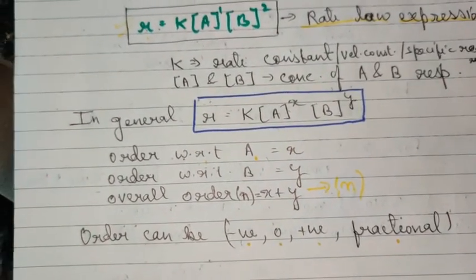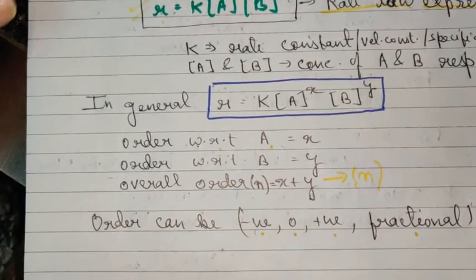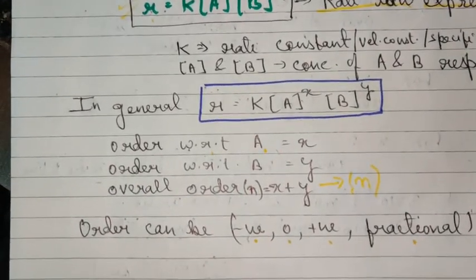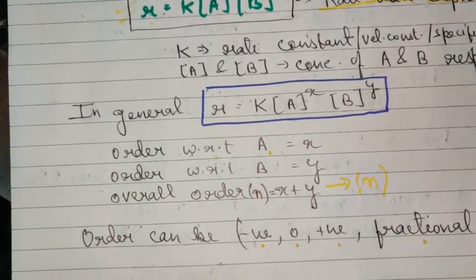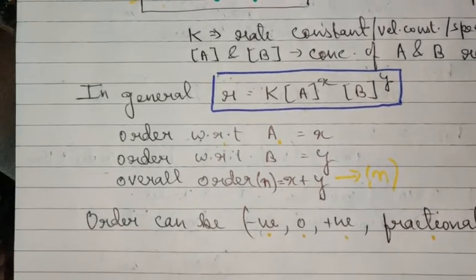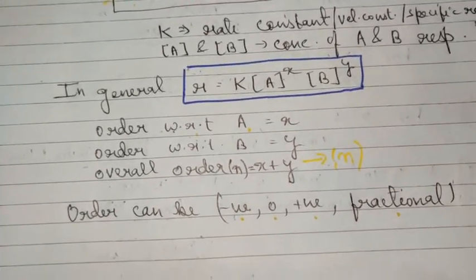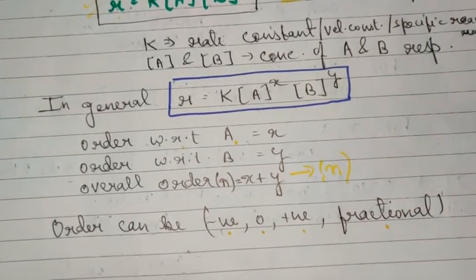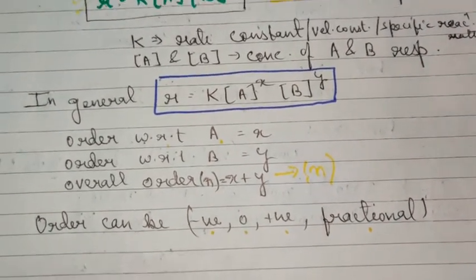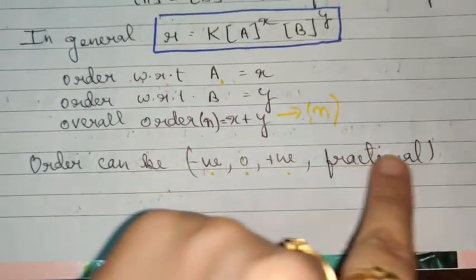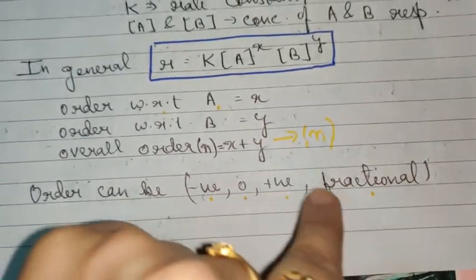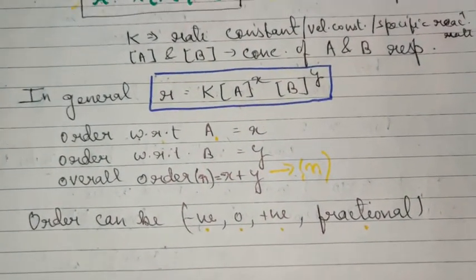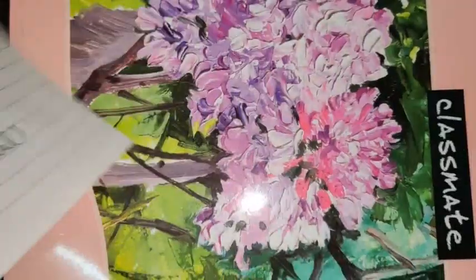So the rate of the reaction can depend upon the concentration in any way. It can reduce with the increase in the concentration, it may remain unaffected, or it may increase with the increase in the concentration, as I told you in my last video lecture, that with the concentration change the rate of reaction can change in any way. That is why the order can be any of the given values. It can be negative, 0, positive, or fractional. Now moving ahead,